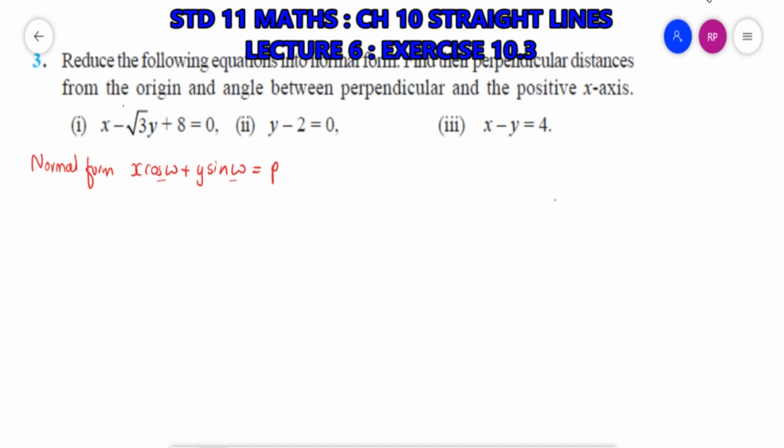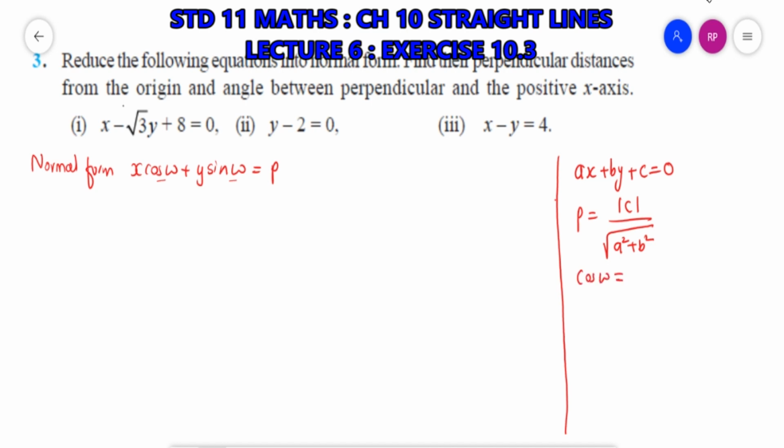Now, to find out cos omega and sine omega, let's take this method. See, if the equation of the line is ax plus by plus c equal to 0, then the perpendicular distance p will be equal to modulus of c upon under root of a square plus b square. Okay,